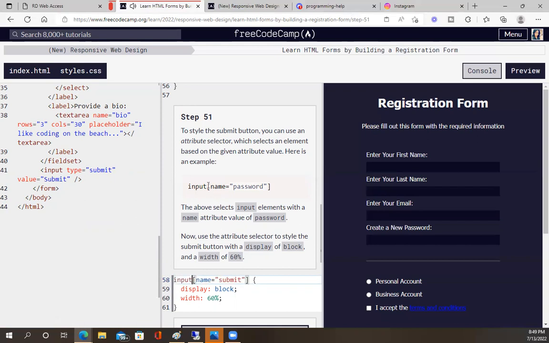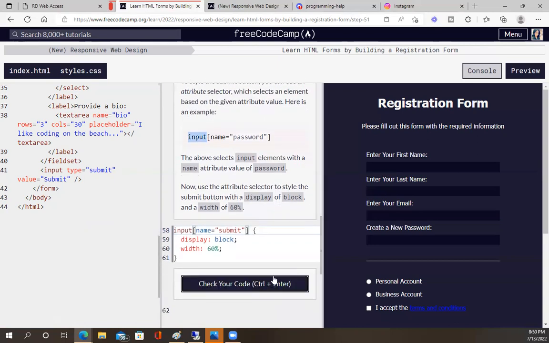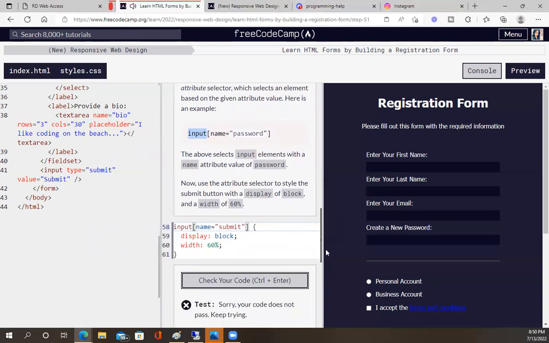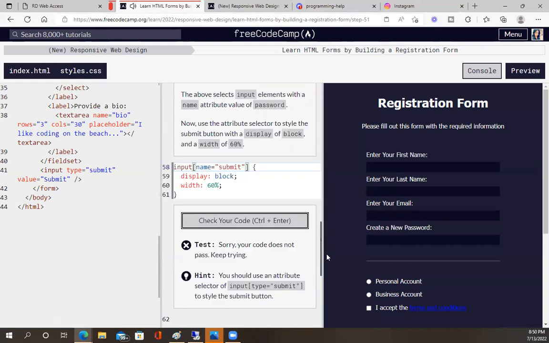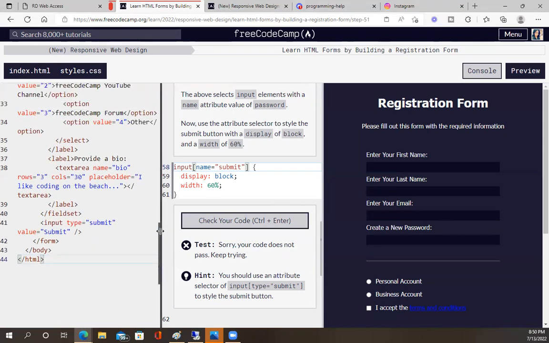And I should have known because even this has it, you know. My bad. And I knew I was still wrong. Dang it. It was input type. I don't have a name for submit. I only have a value or